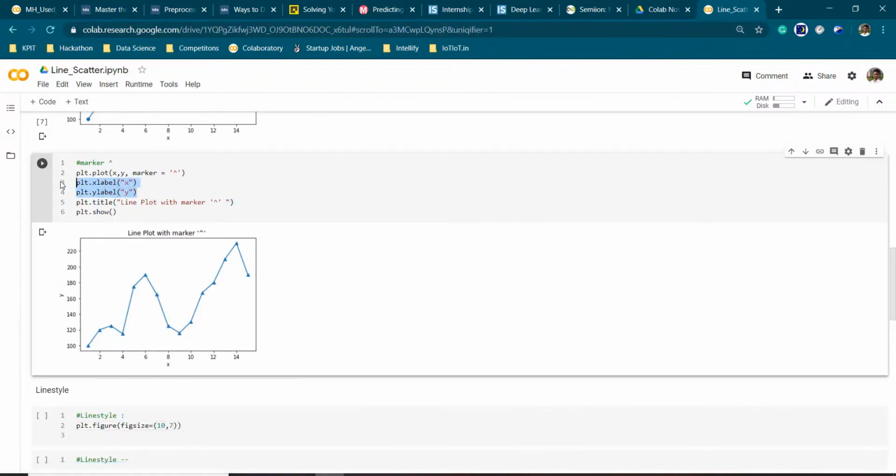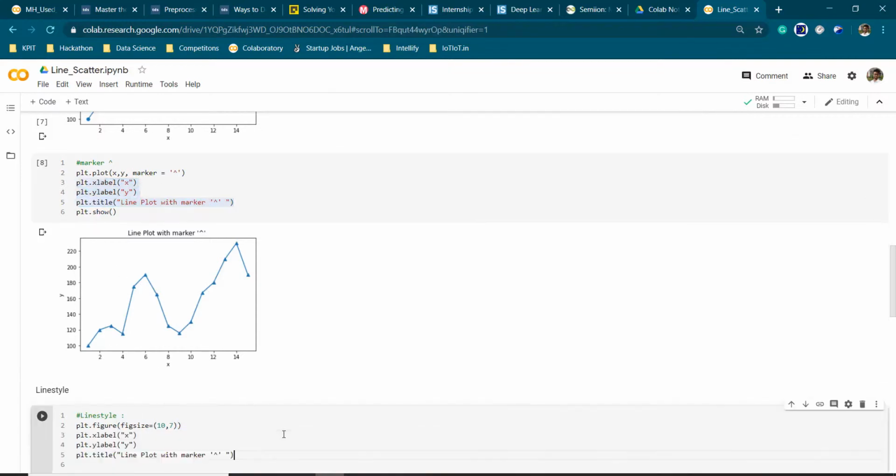Now we are going to give the same x label, y label, and title, x y line plot with marker o, and line style equal to a colon.